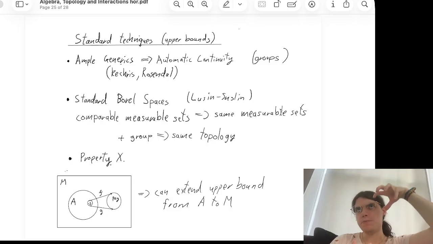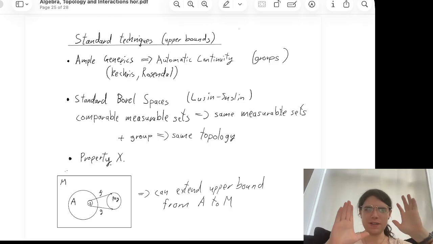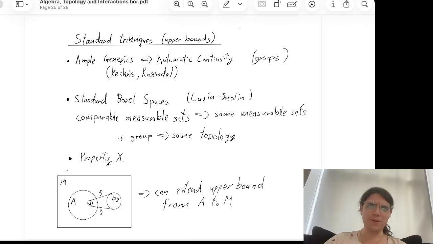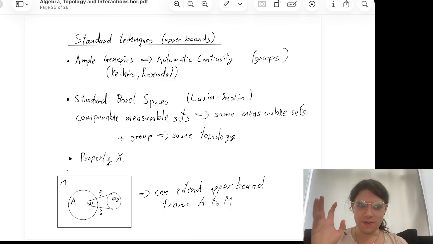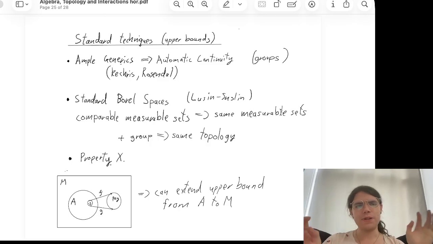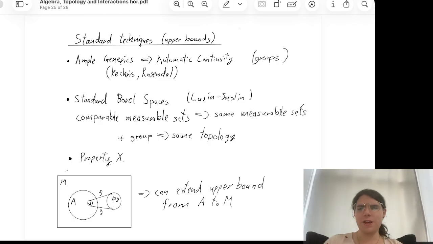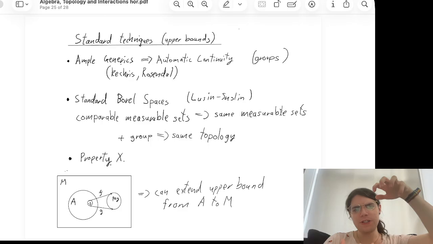Any two comparable Polish topologies on a set have approximately the same open sets. And it turns out if your space is a group, you can remove the word approximately there, and you can move things around a bit, and you can conclude that any two Polish topologies on a group which are compatible with shifting by the group elements are the same.